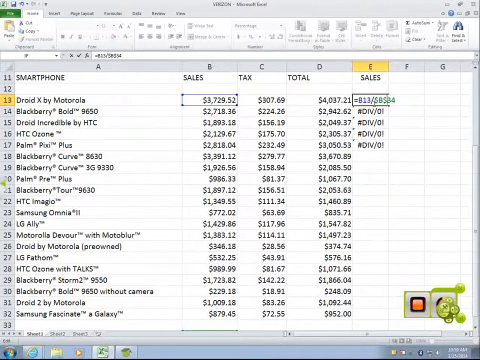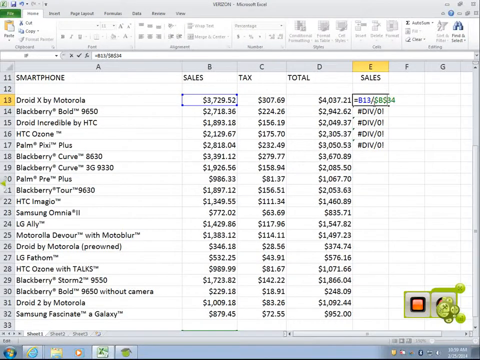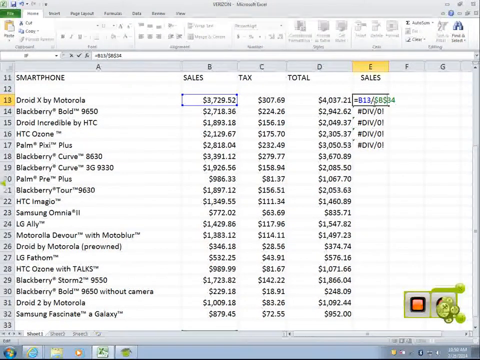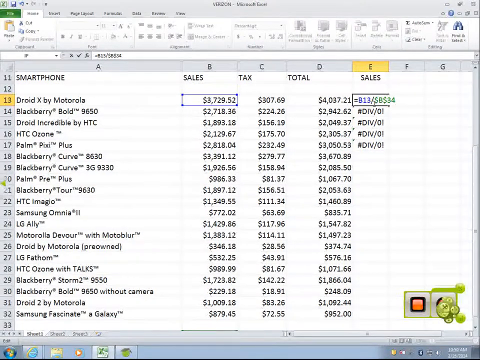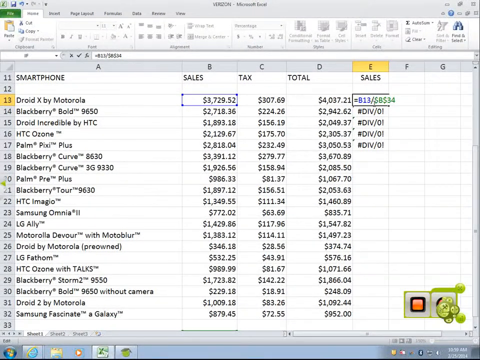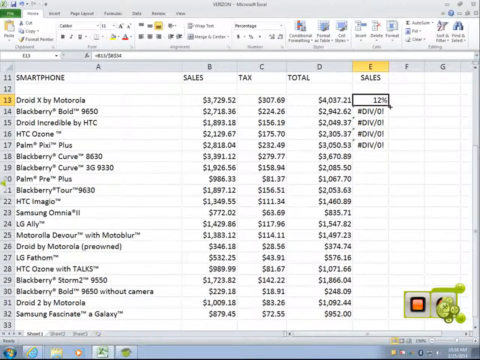When I put a dollar sign in front of the column and a dollar sign in front of the row, that signifies that it's an absolute cell reference, that I always want it to divide by B34. It's called an absolute cell reference. So B13 is going to change to B14, but B34 is going to stay the same because that's where my total is. So then when I take this now and fill down,